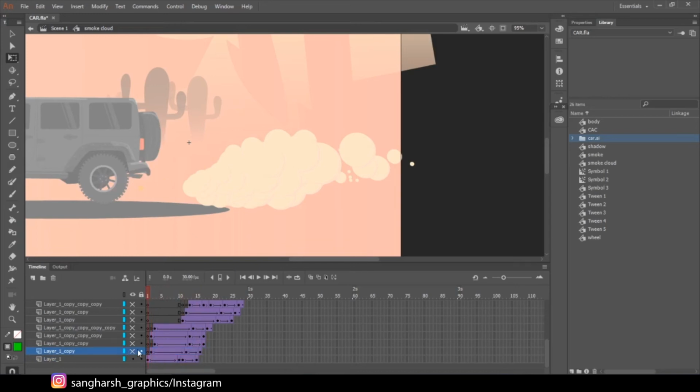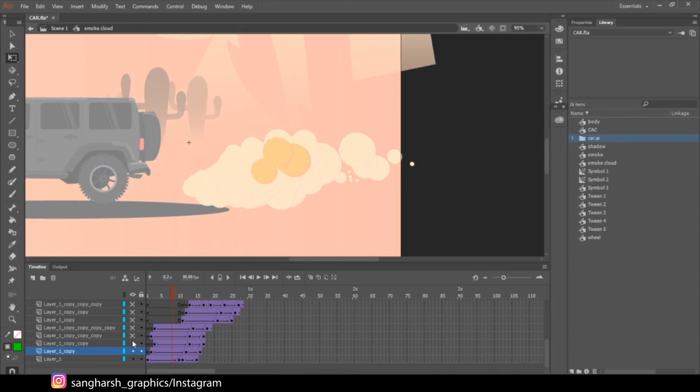So if you see, the second layer's animation is playing a little late, because it is placed a keyframe ahead. And by selecting all of these keyframes, I have changed its position a little bit up. You can also rotate it. I have just changed its position just a little bit.